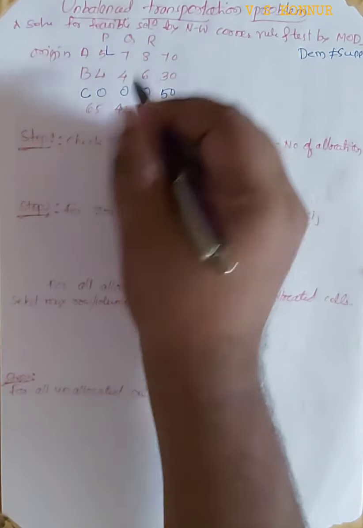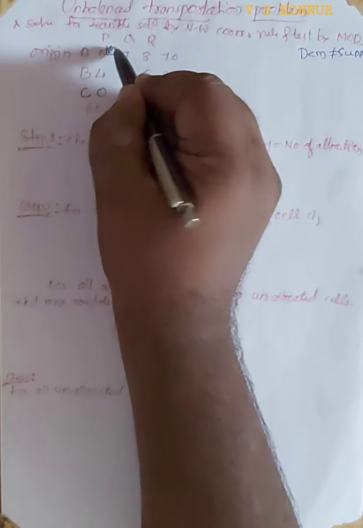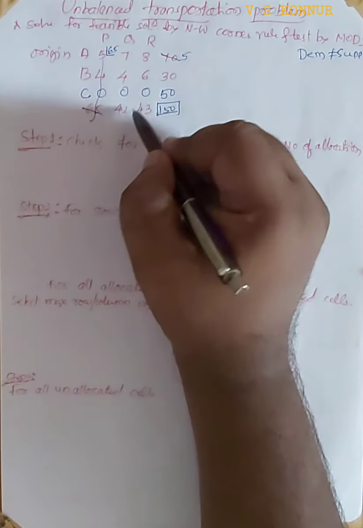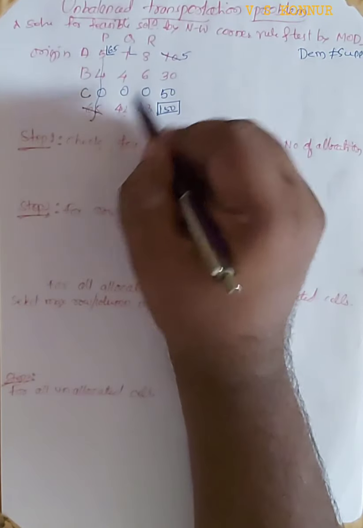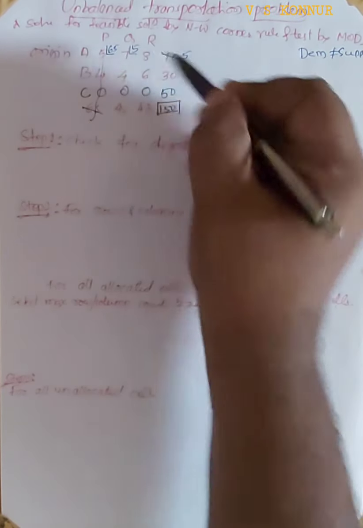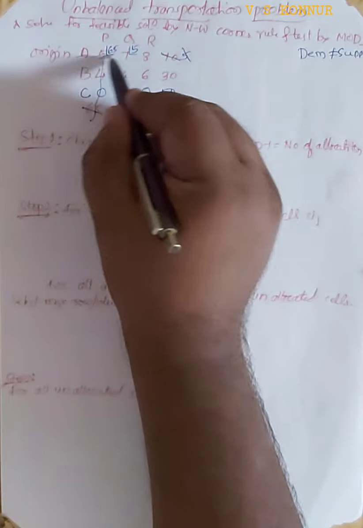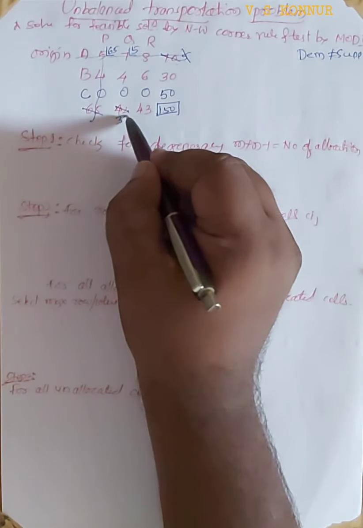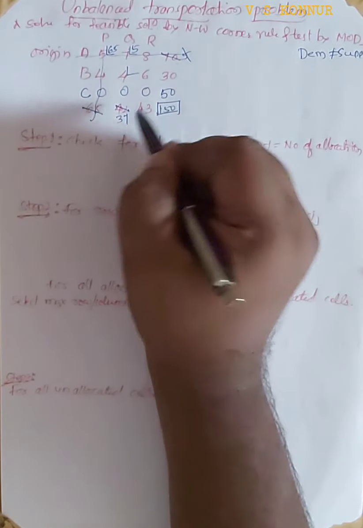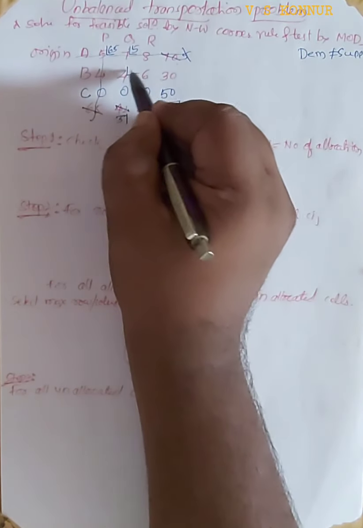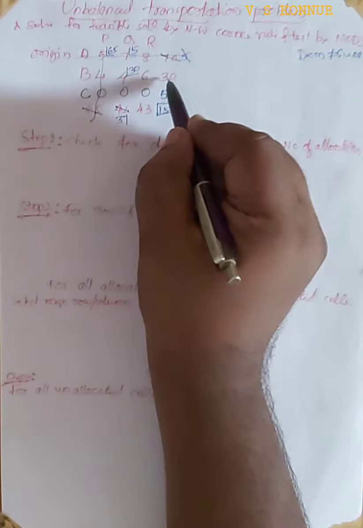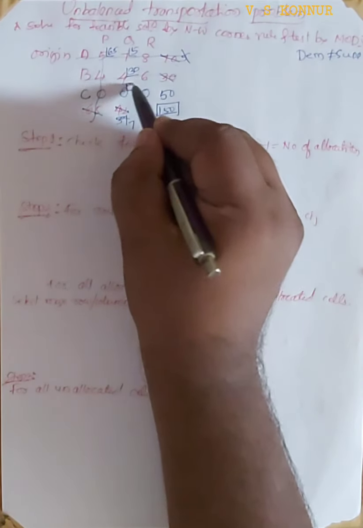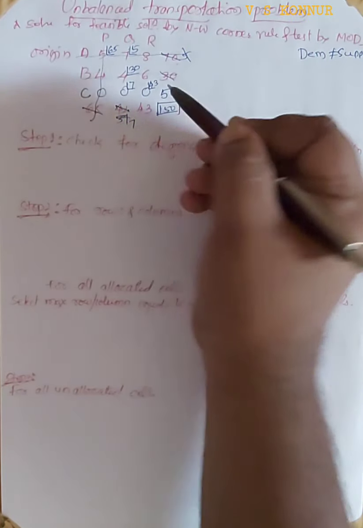This is the northwest. For this, 60 and 70 are there, so 65 I will allocate, 5 is left out, this row is eliminated. Next, northwest is 7. For that 7, 42 and 5 are compared, 5 is allocated, this row is eliminated, and it is left out with 37. Next, northwest is 4. For that 4, 37 and 30 are compared, 30 will be allocated. So this is eliminated. Here it is left out with 7. Last, 7 and 43 will be allocated for this.